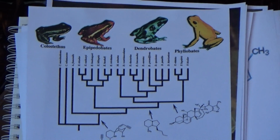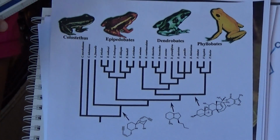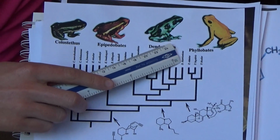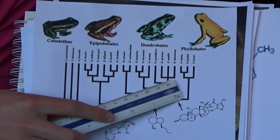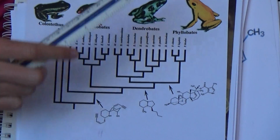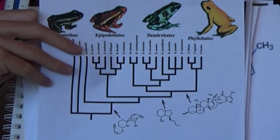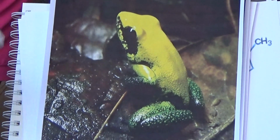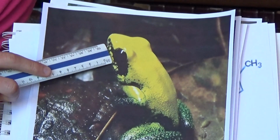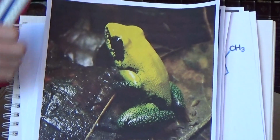Now, the only frogs that have been known to be used for this purpose are in the Phyllobates genus, and the toxin that's specific to this genus is a toxin called batrachotoxin, which will be the focus of the remainder of the talk. Now, the frogs in the Phyllobates genus are the Phyllobates bicolor, or the black-legged poison dart frog,